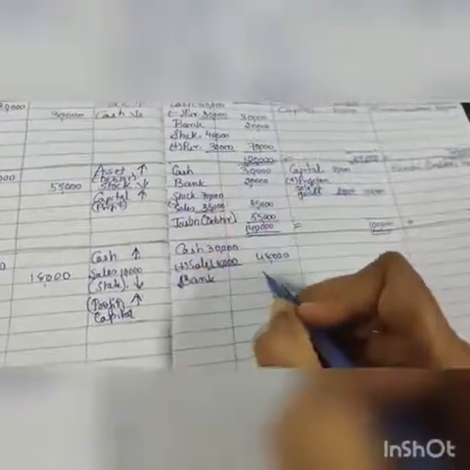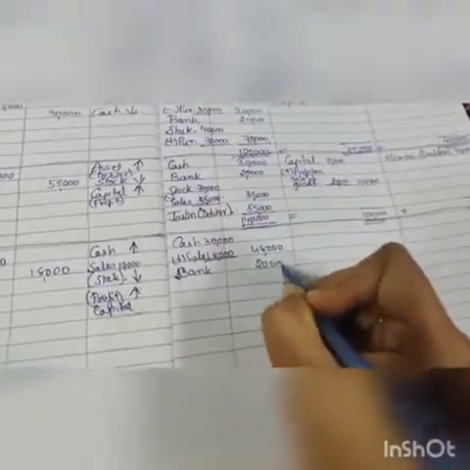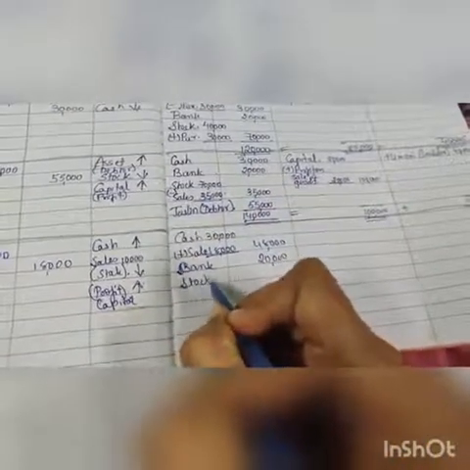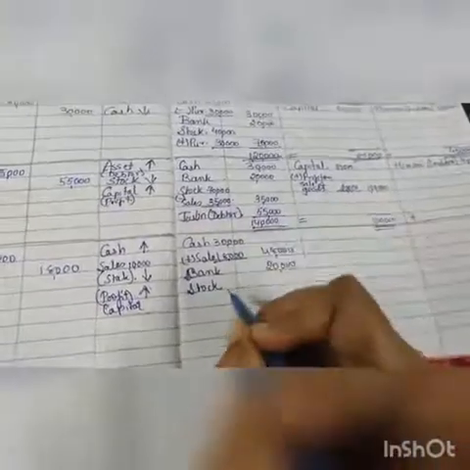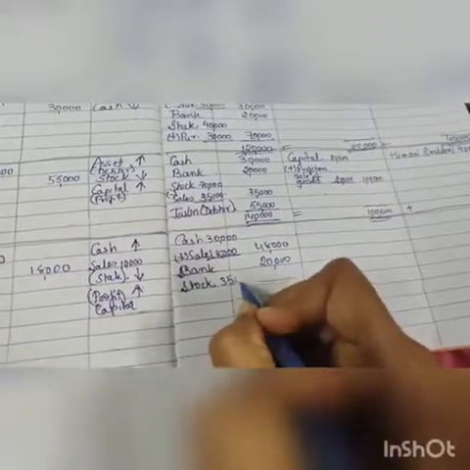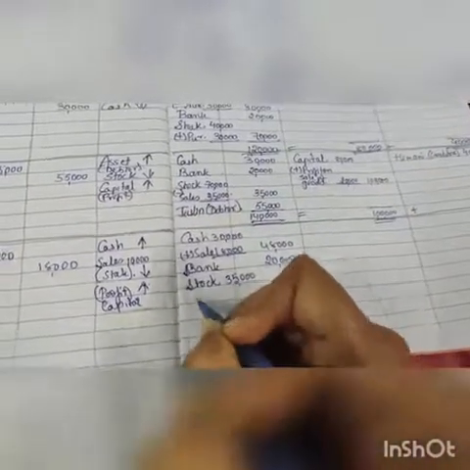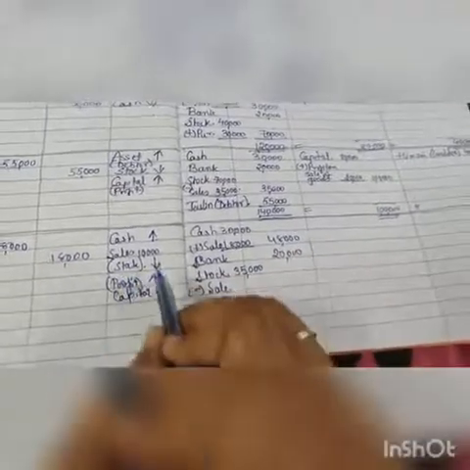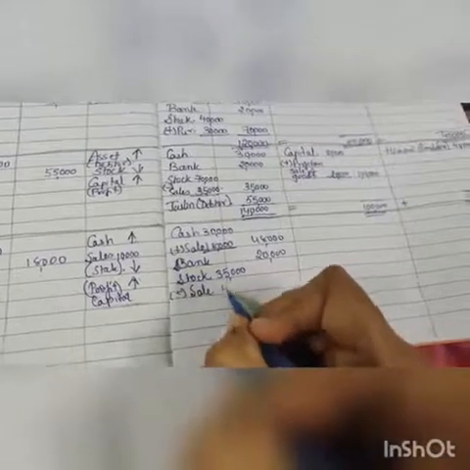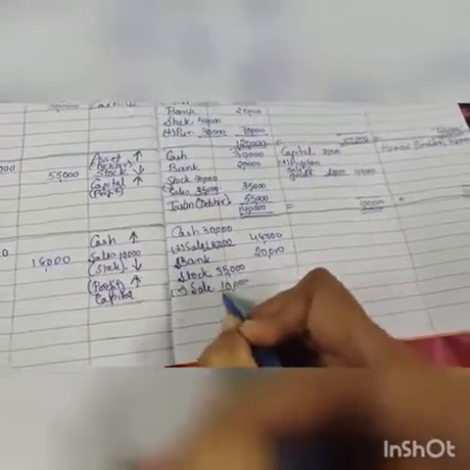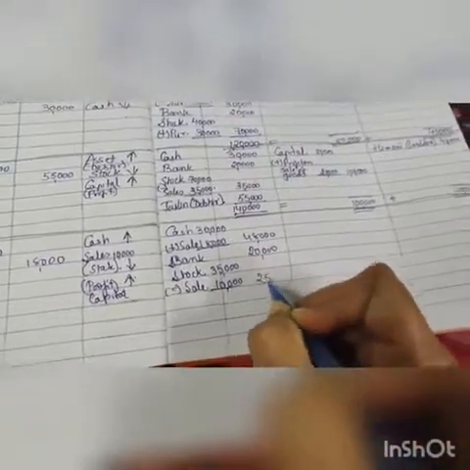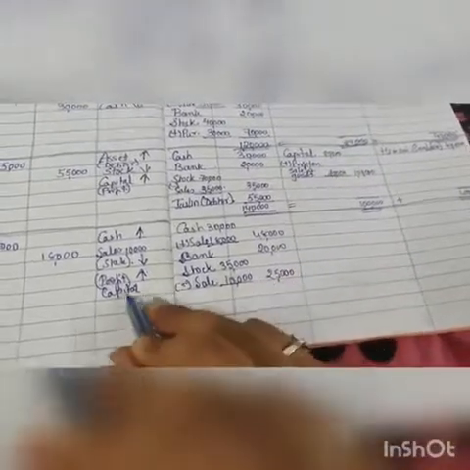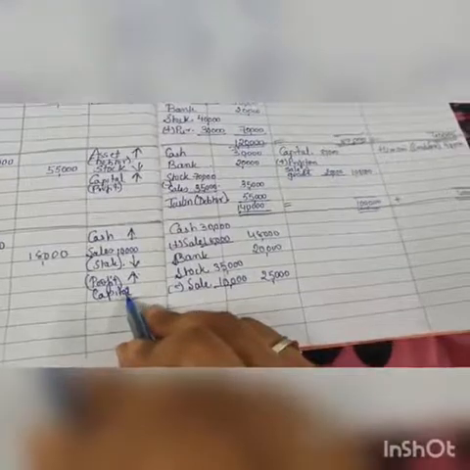Then after that there is bank here. So bank is 20,000. We will go in sequence. Now there is stock and there is the effect on stock. Right now stock is 35,000. We are selling, so again minus the sale, but the sale is of only 10,000. So from this you will deduct only 10,000. So the left out amount is 25,000 rupees, stock is remaining, and then the effect is coming to capital.